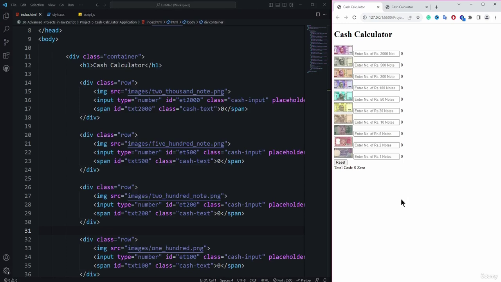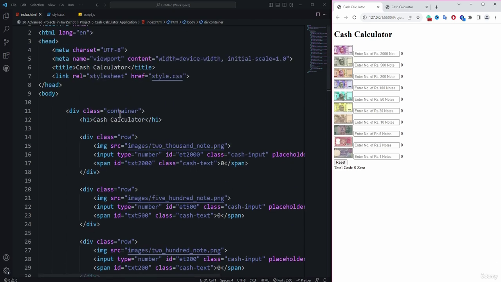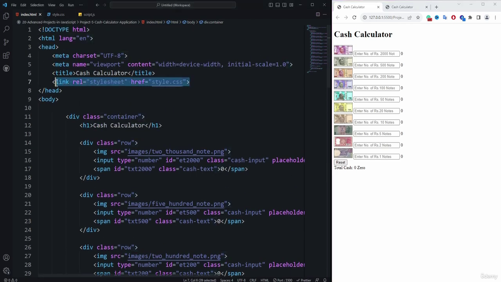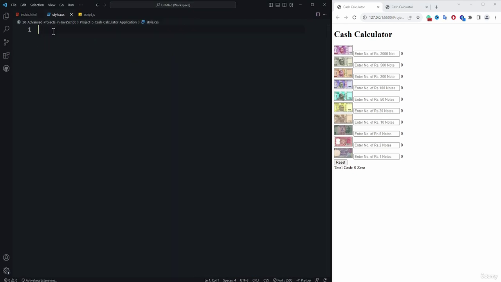So now it's time to start with the CSS part for the cache calculator application. For that we need to use the style.css file, and this file is already linked with the index.html. So come back to the style.css. Inside of this particular file, first we need to select the body selector, and inside of the body we need